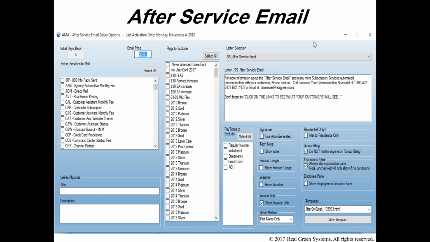Lots of settings, lots of new settings in the after service email. We now are showing the employee information panel, which means that we can show their image and their bio. We can also show the invoice link. We can show the invoice, the